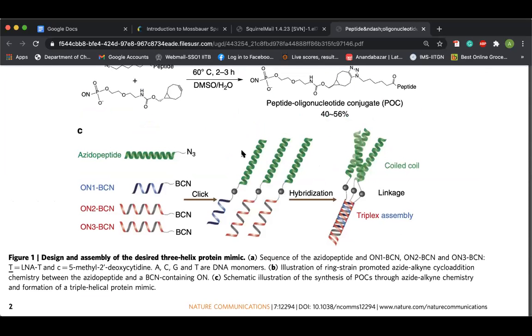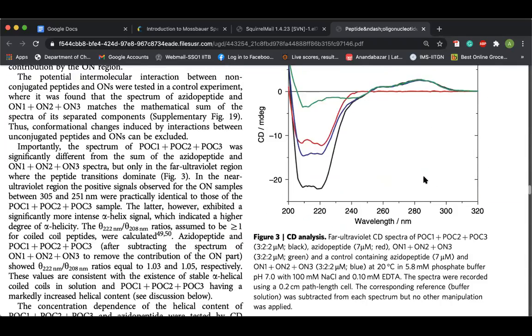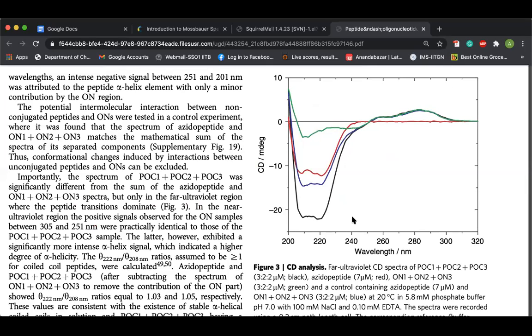Okay. So over here, the difference between these 2 is that there are 3 individual helices. So you are going to get an almost similar alpha helical signature as each of them is going to show in this particular form, only the azotopate form. But if they're interacting between themselves, they're creating another set of helicity. And that is the reason for getting an increase in the CD spectroscopy. So whether this hybridization is forming or not, it shows up as an increase in the signal over here. Okay, any questions up to here?